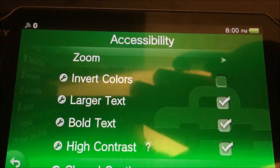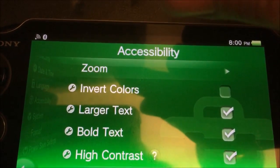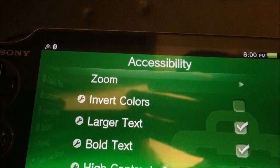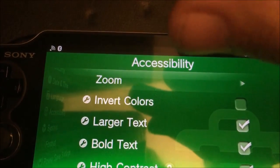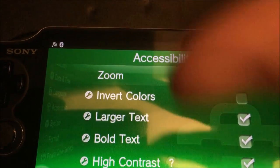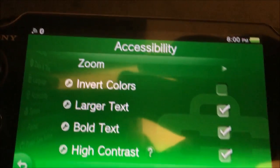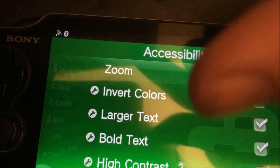having these custom colors would override that, and maybe somebody wanted a hard black background and yellow text, or maybe they wanted a blue background and white text, and then that could come across, like I said, maybe not in every game, but at least in the settings area, the PlayStation Store, and the dashboard or the home screen. So that's something I think, because inverting the colors, that purple pink thing, that